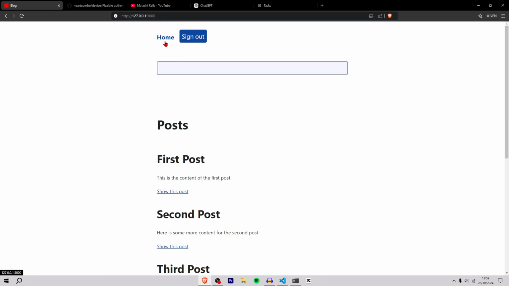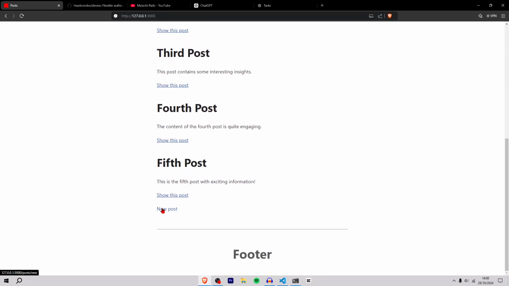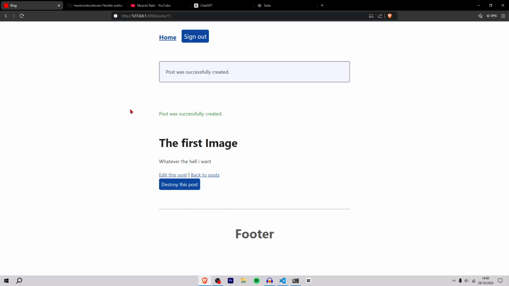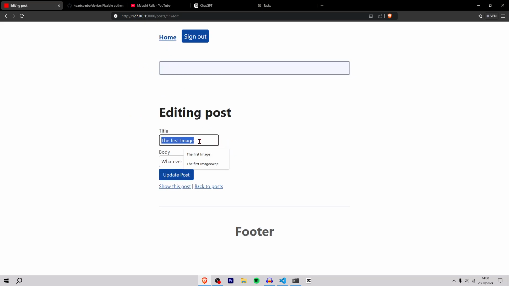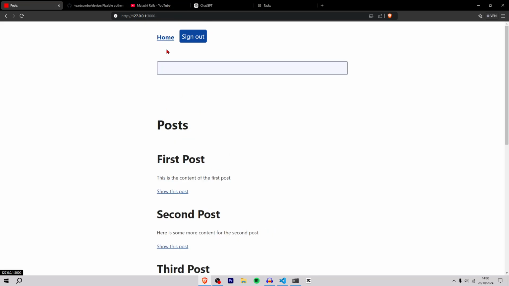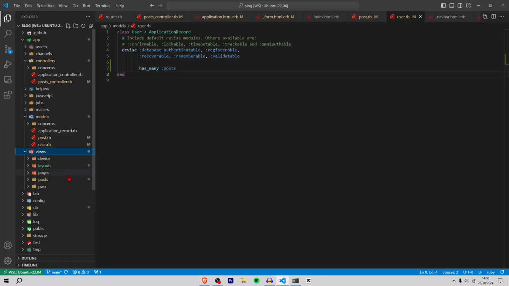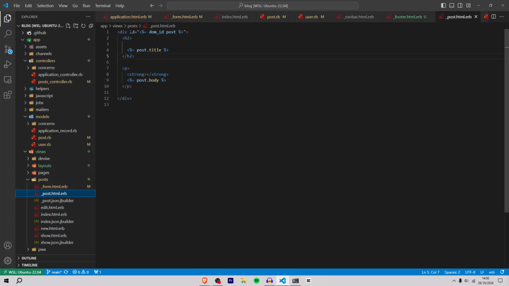So then let's see what happens if I go and I say a new post, and then I say the first image and then whatever I want, and then the post is successfully created, right? Let's see if I go back. Actually, I'll change the title so we can recognize what's going on. So user, we'll just change it to user ID or something, and then go home, right? And now we'll go to the views, posts, and then the post, and we'll say